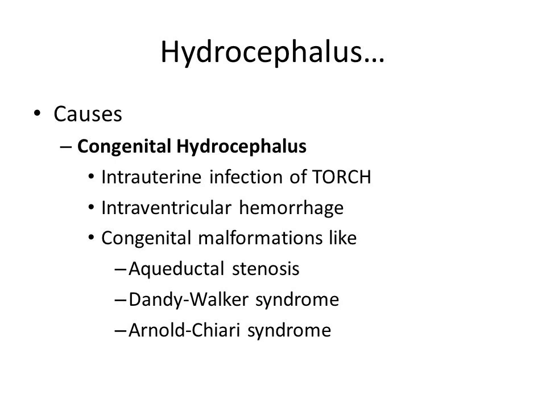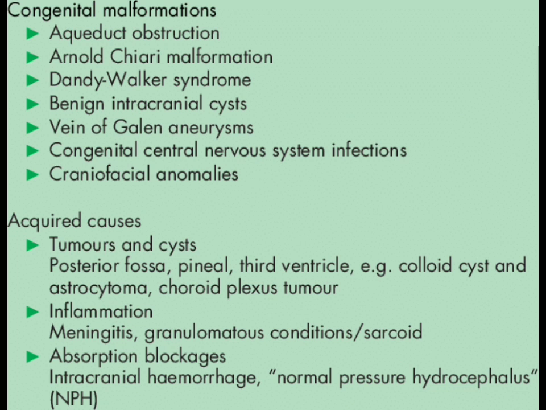2. Acquired causes. Hydrocephalus can also be acquired, meaning it develops later in life due to specific factors. Head injury. Traumatic brain injuries resulting from accidents or falls can damage brain structures and obstruct CSF flow, leading to hydrocephalus. Infections. Infections like meningitis, which cause inflammation in the brain and its membranes, can block CSF pathways or increase